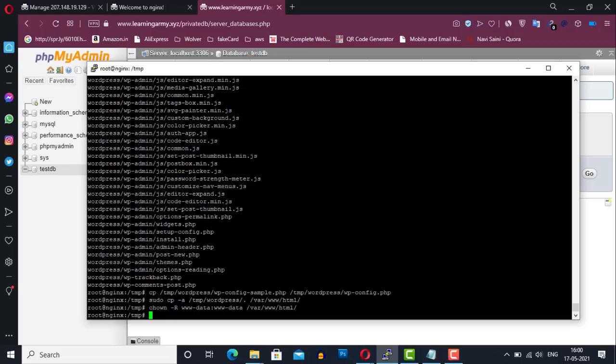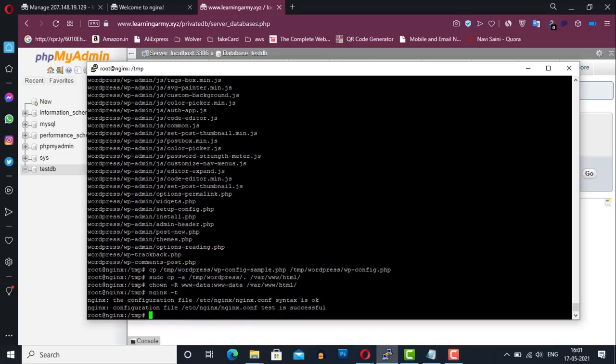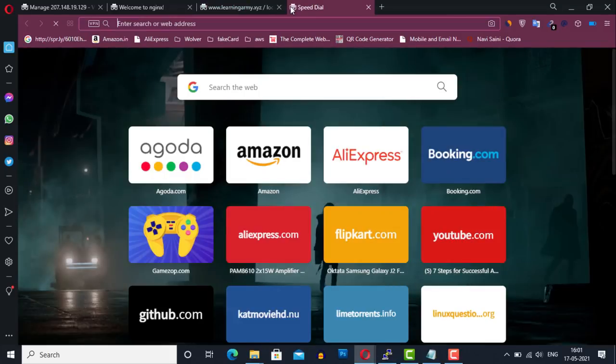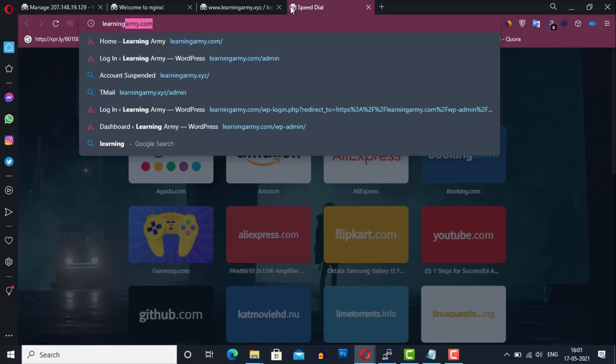Now type nginx -t to check the configuration. Perfect. So our syntax is okay and the test is successful. Once you have done this, now reload the Nginx server using this command.